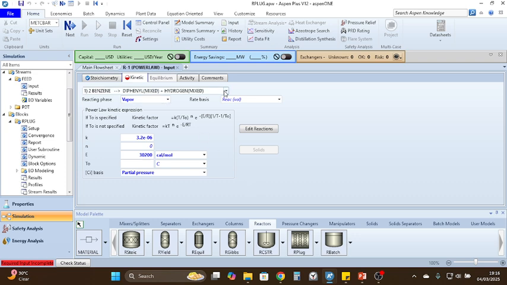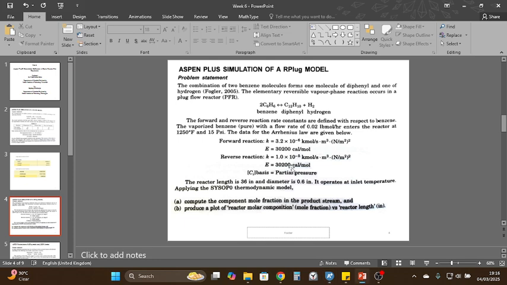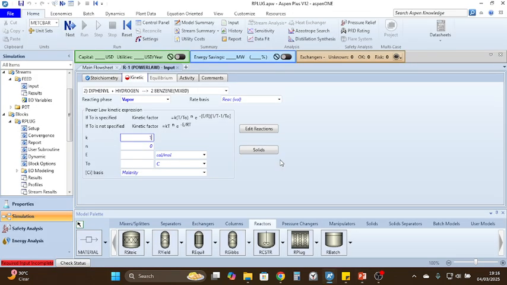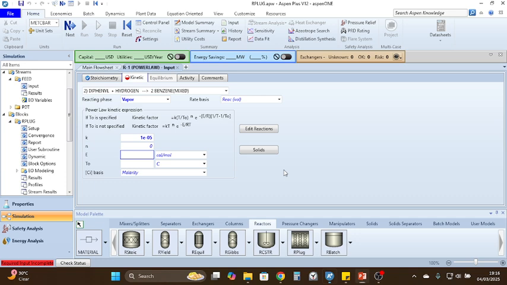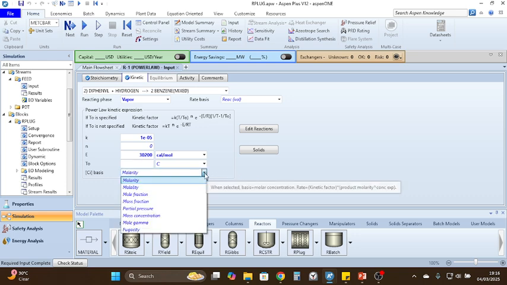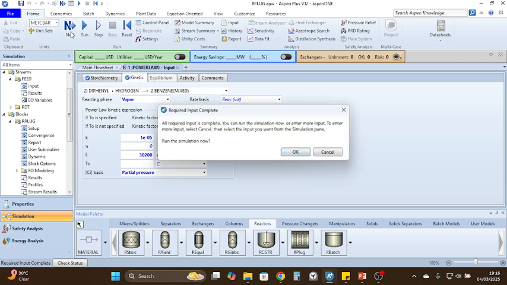Now for the first reaction, it is specified. Similarly, for the second reaction, the reacting phase is vapor, the K value is going to be 1 into 10 to the power minus 5. The activation energy is 3200 calorie per mole. And the CI basis has to be in partial pressure. Now you can see that the required input is complete. Now if we click on next and run the simulation,